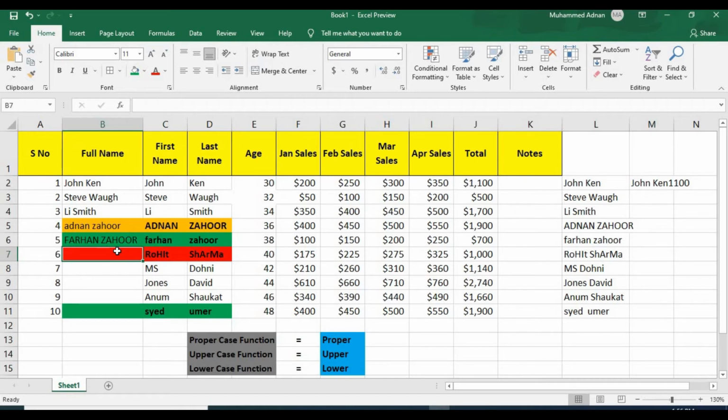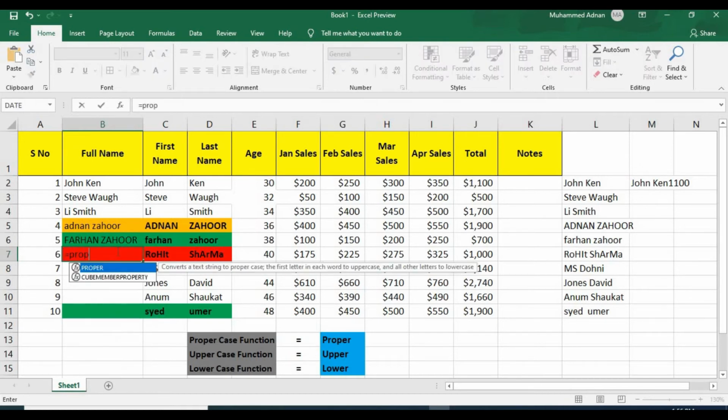Now the last one is Rohit Sharma. For proper case we need to type equal to proper, open the bracket. Now we need to select Rohit, then Shift 7 for the & sign, then quote open, space, quote close, then once again press Shift 7 for the & sign, select the next cell and close the bracket.